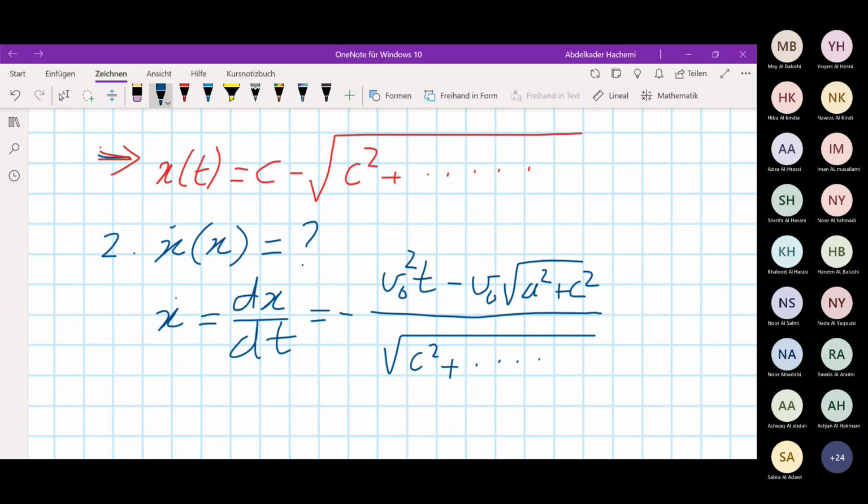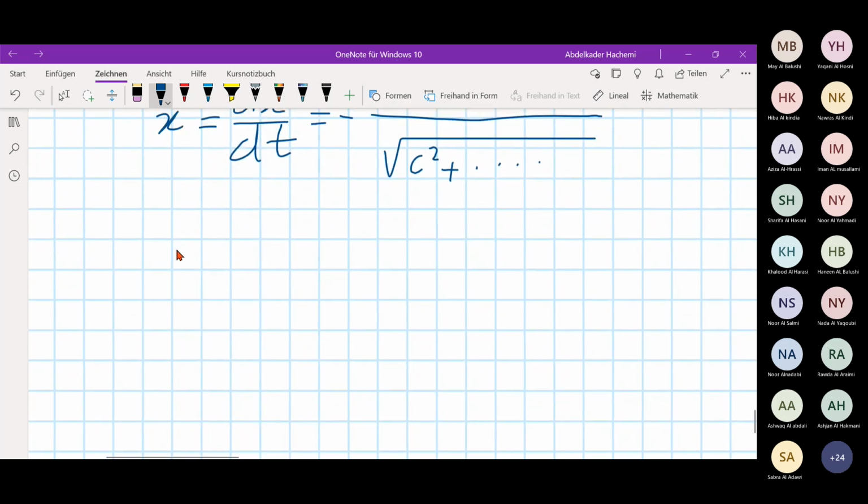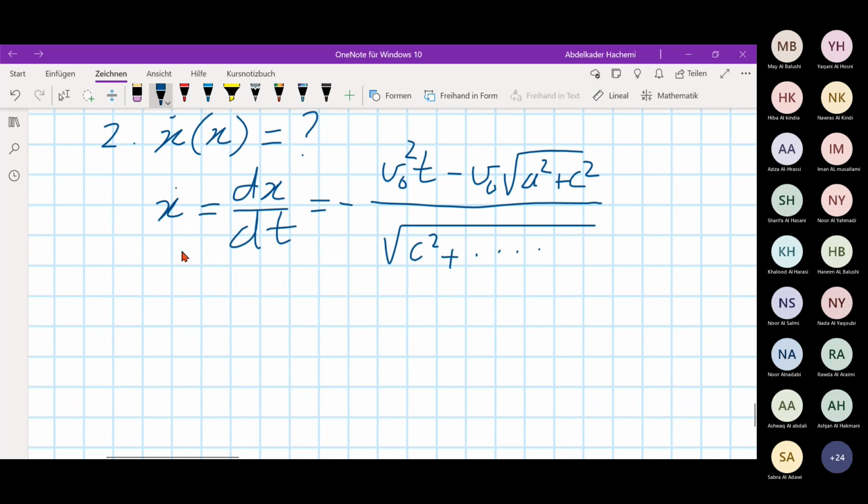Then what we have here is the time, but what is asked is x dot as a function of t. If we look at this expression here, t, we can get it from this equation from the triangle. Then we have the expression of the time t as a function of x. This is what's asked for. Then in this case, we know from 2,